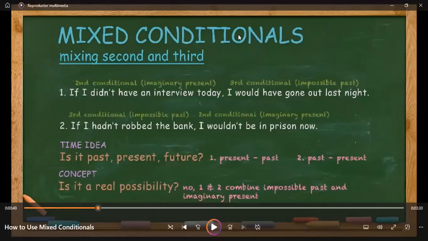So, the mixed conditionals never talk about reality. They always talk about impossible or imaginary situations, okay? Because we combine the imaginary present with the impossible past and vice versa. So when we use the mixed conditional, we're talking about something completely and utterly unreal, okay? Impossible and unreal. For example,